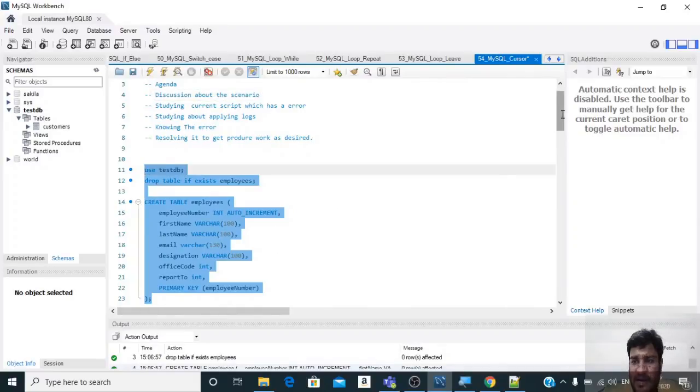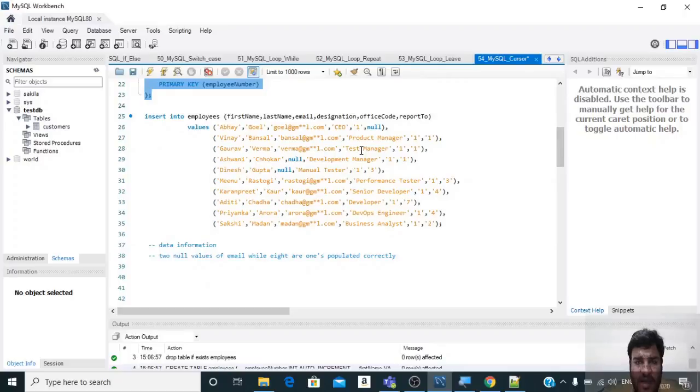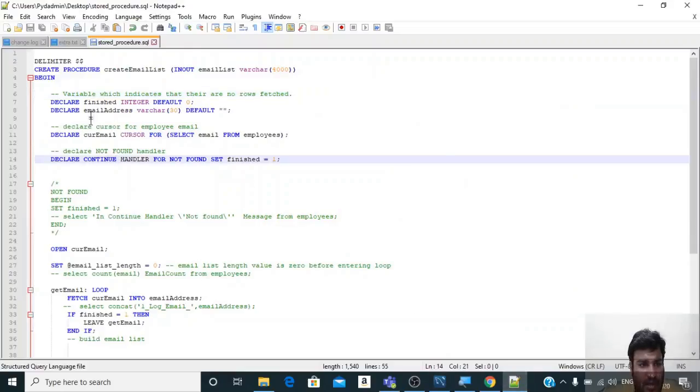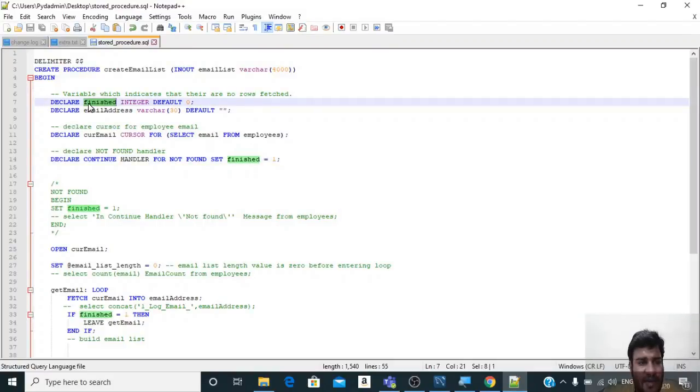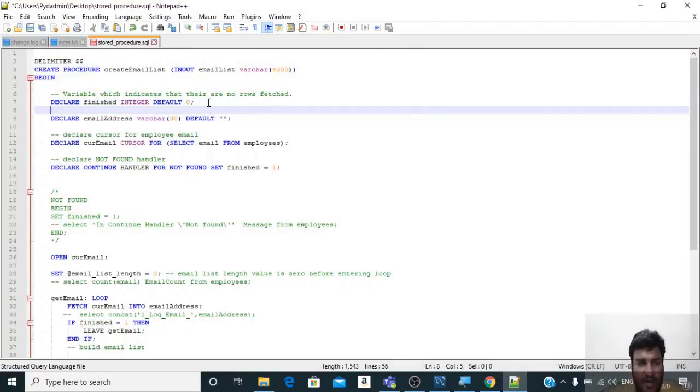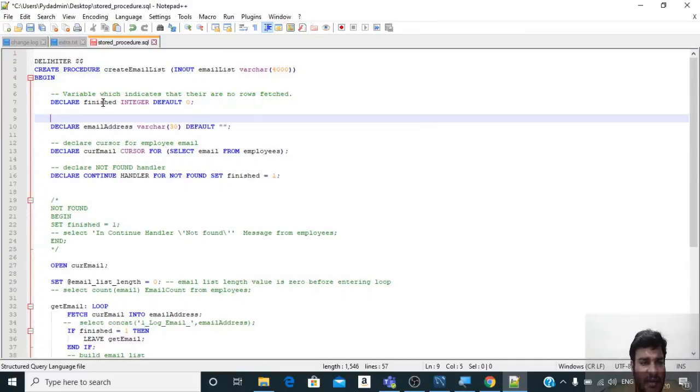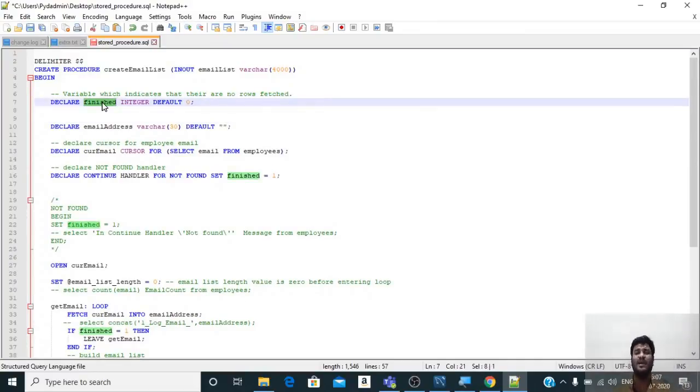Why I did it: because I'm not inserting values now, and the table is empty. So this finished says if the table is empty, we will set it to 1. That's why we have taken this, as we need to identify in our script if we do not have any more values.